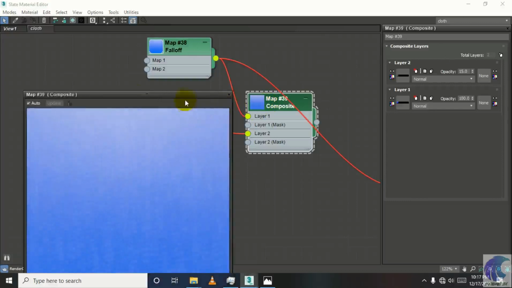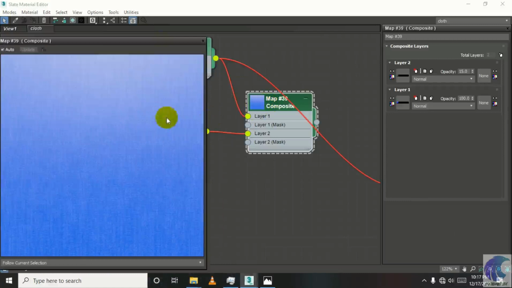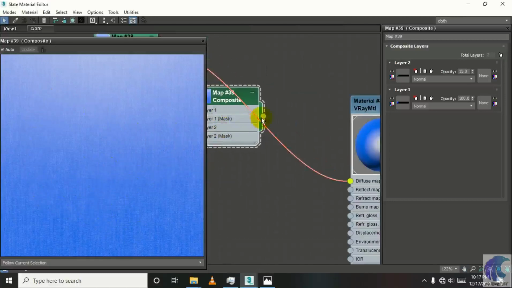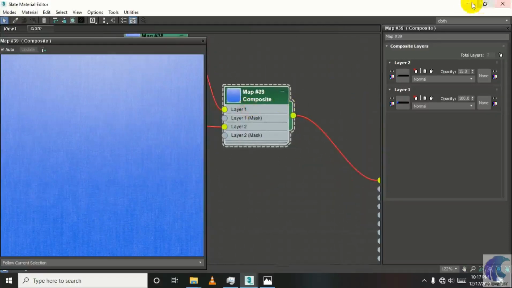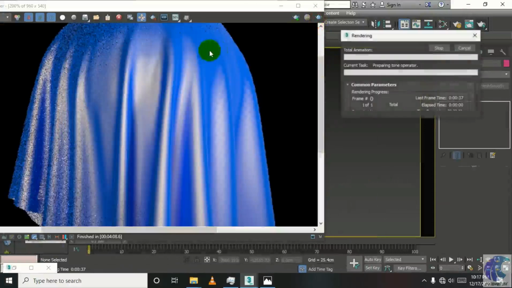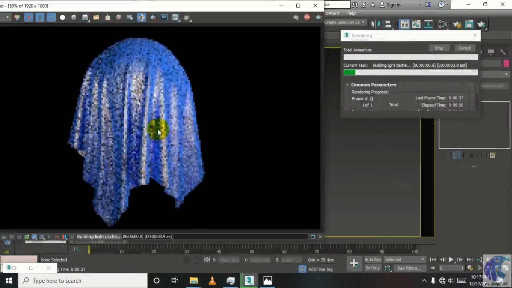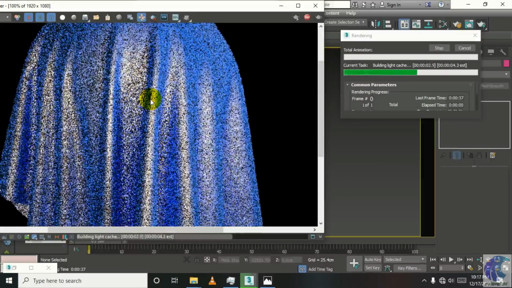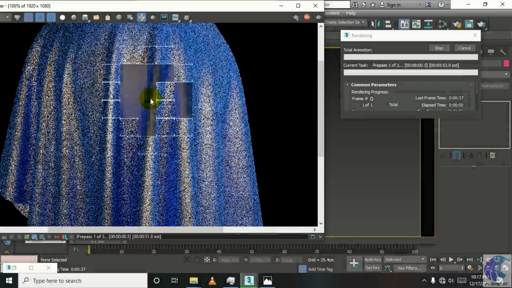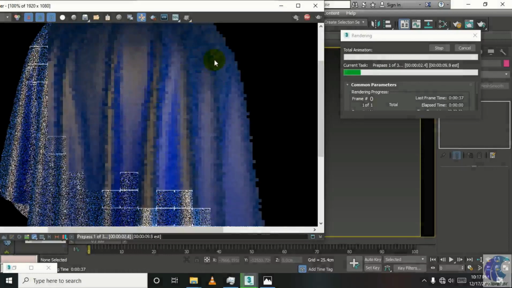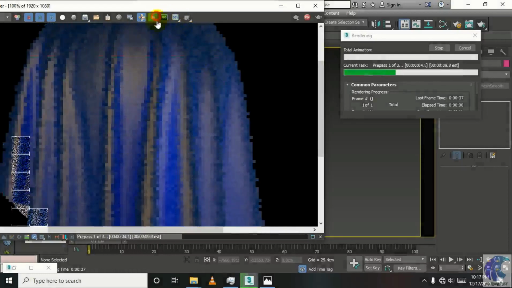Now look at this. We are getting the wrinkles we wanted on the cloth. Look at this. We are getting wrinkles, but when we will use this composite map and ring, the result will be better.